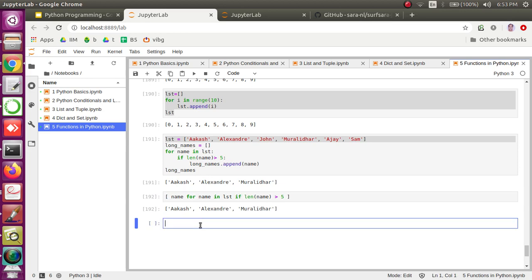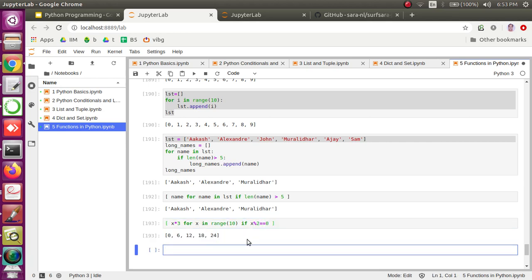For that matter, you can also generate some square or cube of the numbers for x in a range of 10, if x is divisible by 3 maybe, or 2 maybe. Such conditions you can apply. So you are taking all the values and yeah, just hold on, let me take the